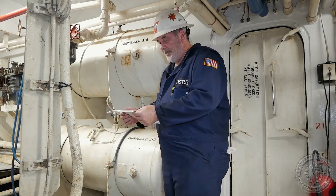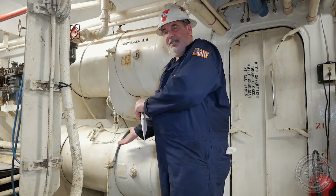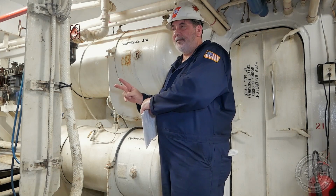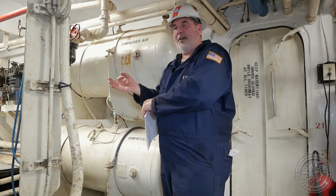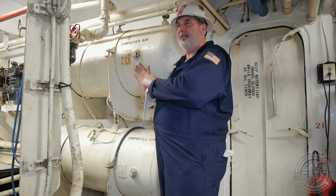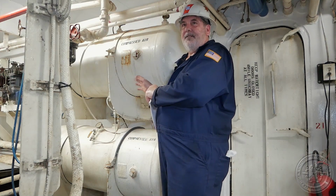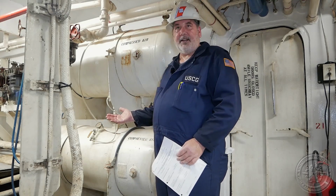Now, the next thing that you have to determine is the 5-year inspection that has to be done. These things have to be either internally examined every 5 years or hydrostatically tested. The default position of the regulations is to hydrostatically test these. That is not the industry standard or norm. Most unfired pressure vessels are made available to be inspected internally, even though the requirement is to hydrostatically test these,